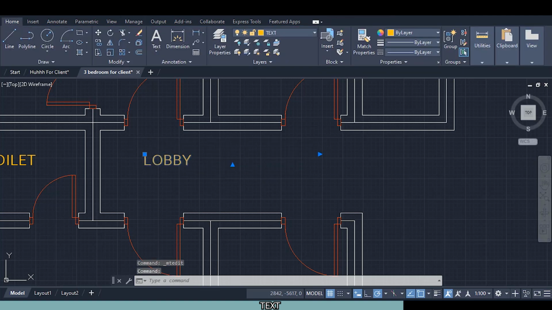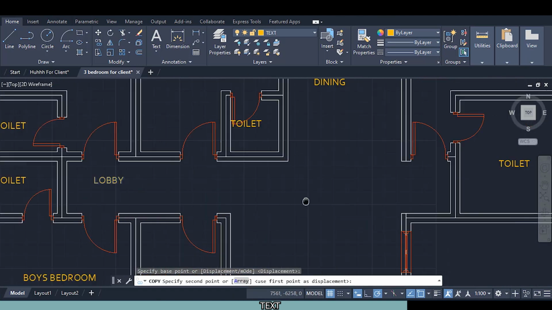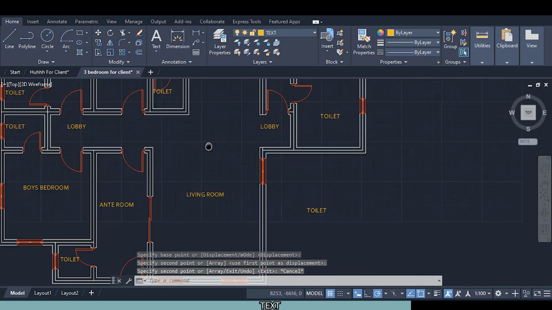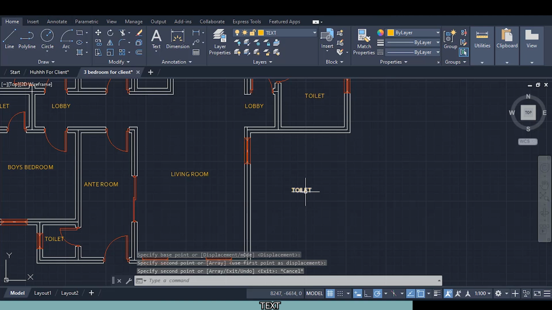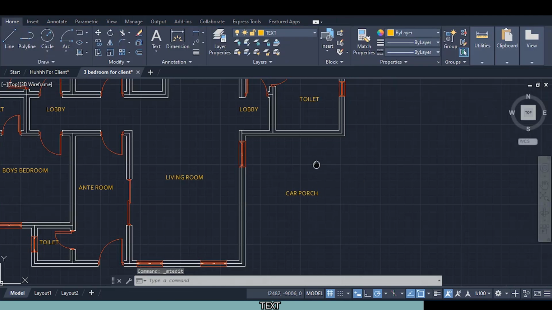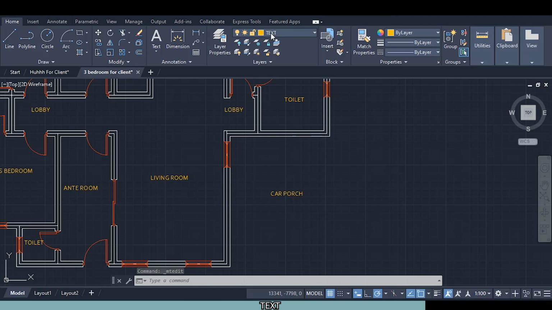Click once, right click, copy, pick any base point, come this way and click, press escape on the keyboard. And now let's rename this and call it, yeah, it's normally called carports. Carports, press escape, but where is the carports? So make sure you are